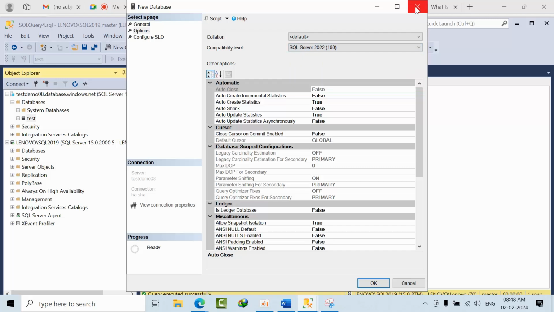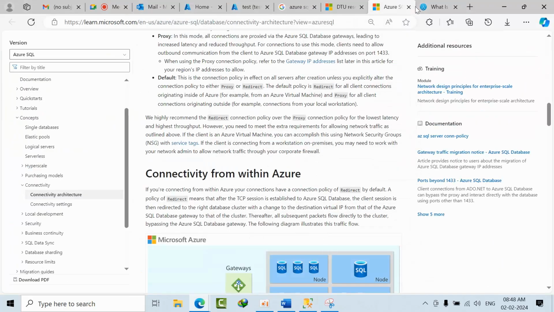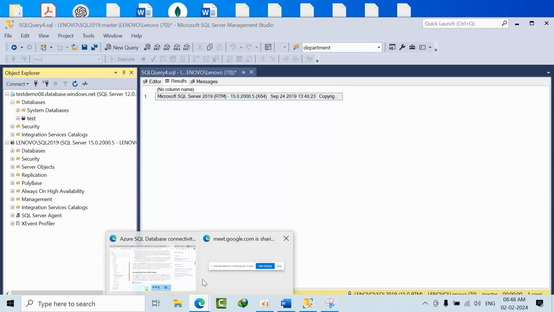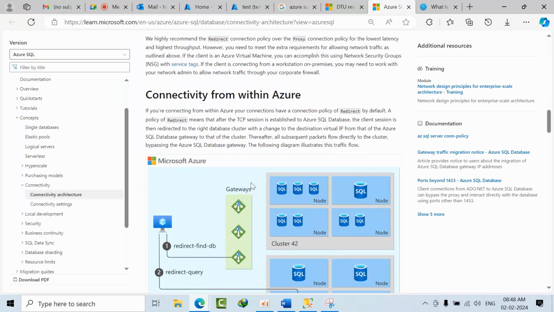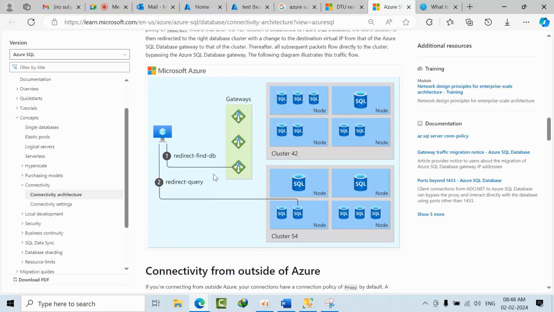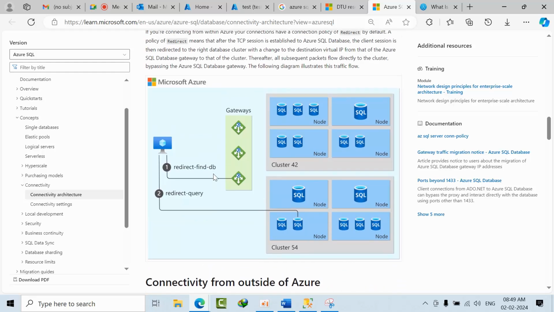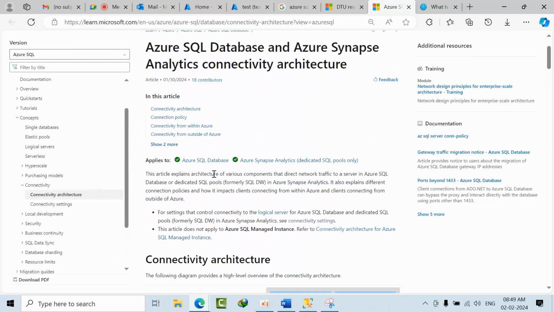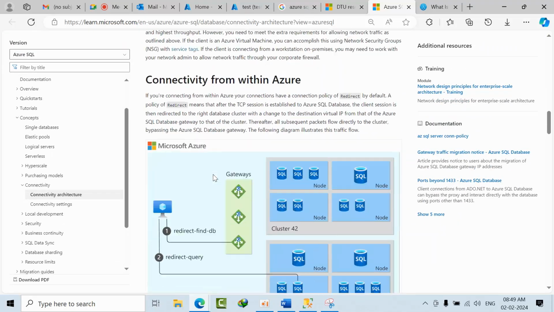So it means we are using the latest version, latest features of SQL Server only. Now, the interview questions we get: the first question is what is the database edition, what is DTU, what DTU stands for, and which edition you mostly worked on. The second question is, can you explain Azure SQL Server architecture? So if you want, you can use this page. In short, I will explain it to you.